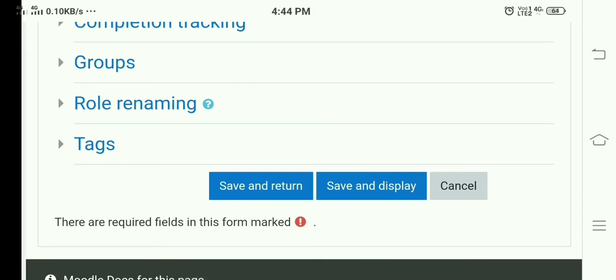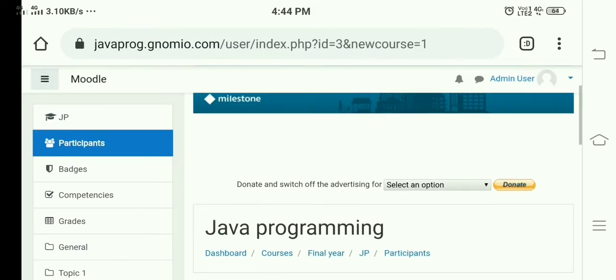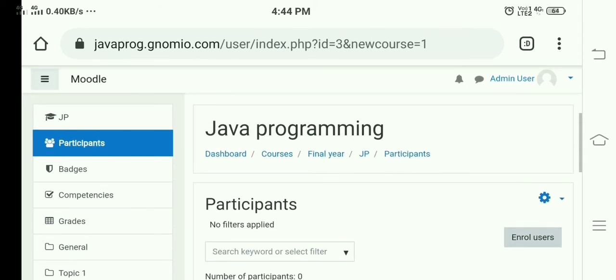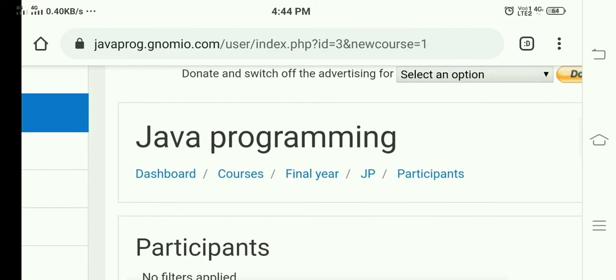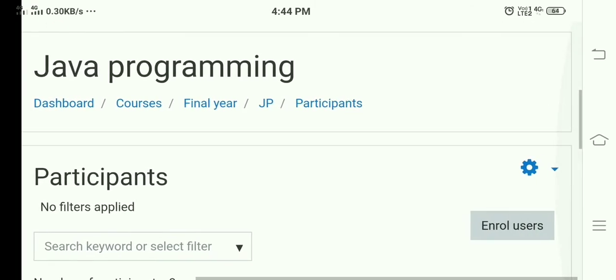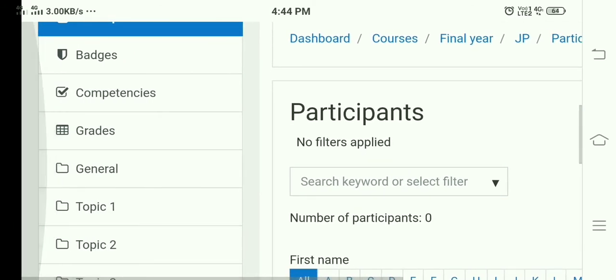Just click on the save and display button, so that it shows this newly created course. Inside this course we can add the number of participants.